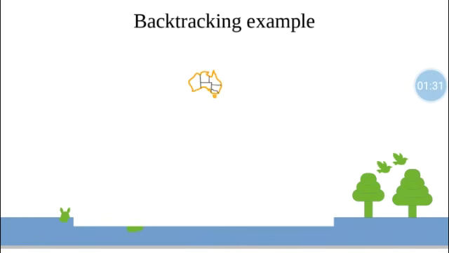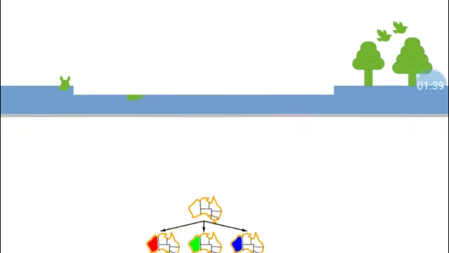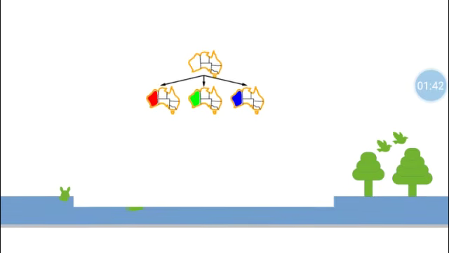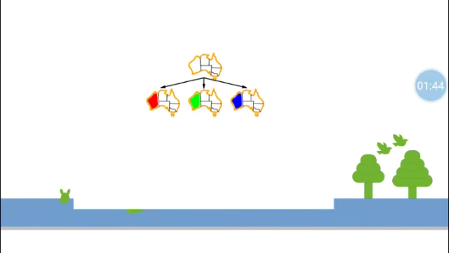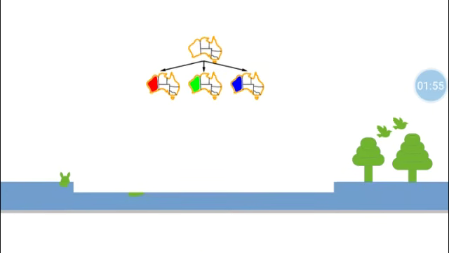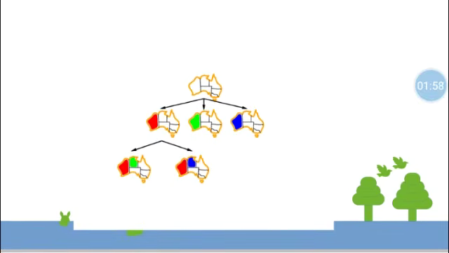So let's start. This algorithm works exactly like DFS. The difference is that we are going to backtrack at the node where the conflict occurs. So we have three branches. We will give one color to Western Australia: first red, then green, and then blue. Likewise we move, and as in DFS we are moving downwards vertically. We choose initially, or we can say randomly, red color for Western Australia.